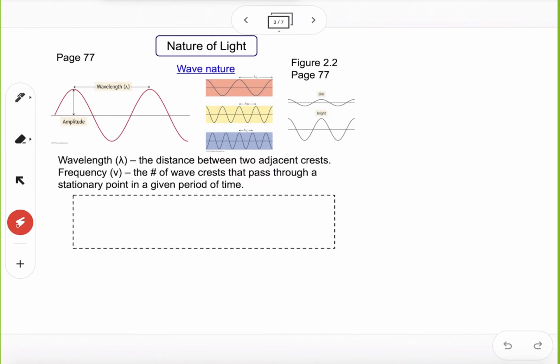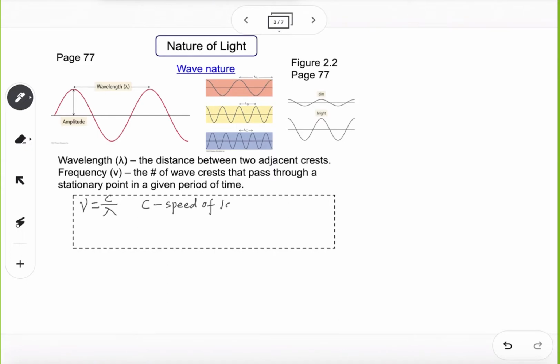So how do we define this kind of connection between the wavelength and frequency? Here is the mathematical equation for us to use. We use nu to represent frequency, and that equals c over lambda. Lambda is the wavelength, and c is the speed of light. Let me make a note here. Capital C is the speed of light,